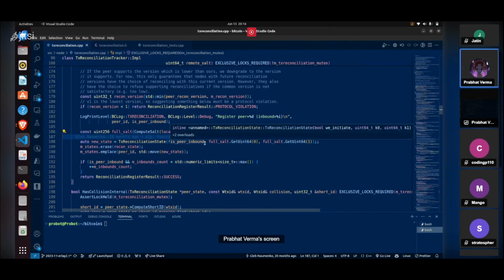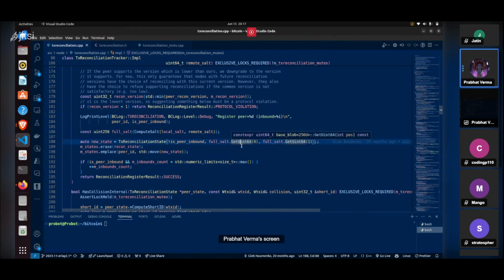So we have is inbound peer to check for the connectivity, if it is an outgoing or an incoming connection. We have these full salts, 64-bit intervals. So the first 64 bits are gonna be replaced first, and another 64 bits is used for the short ID transaction